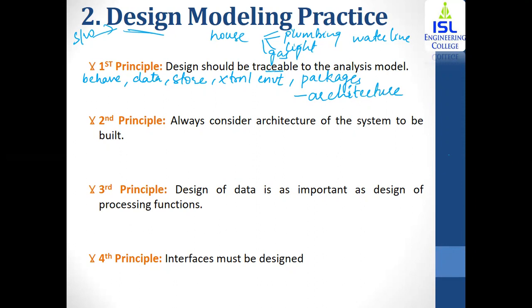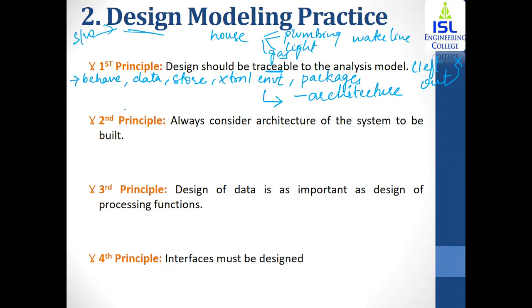It should be traceable to the analysis model, meaning none of the things should be left out, so that you do not leave anything. Each of the things is embedded within the architecture design. Because if, within the housing plan, you're missing where you're going to give the gas lining, it is going to be very difficult. So that is why you need to focus on each and everything that was built or identified within the analysis model, and embed each of them within the design architecture.